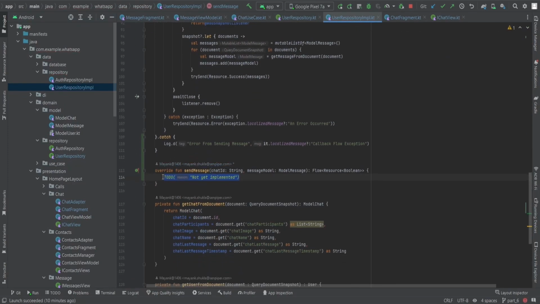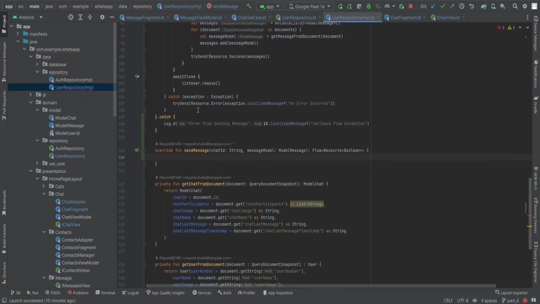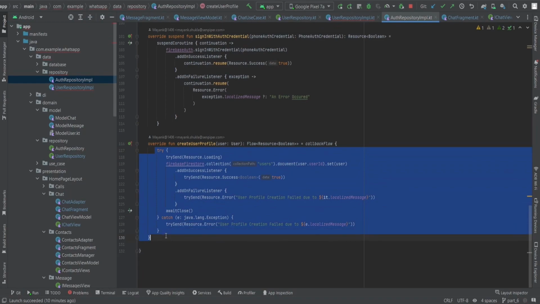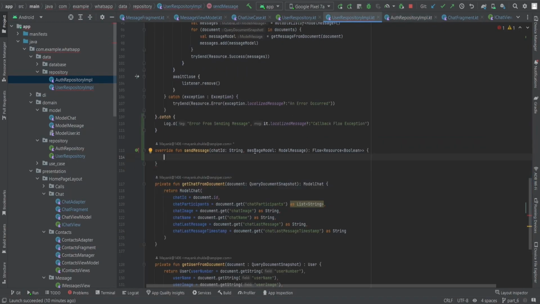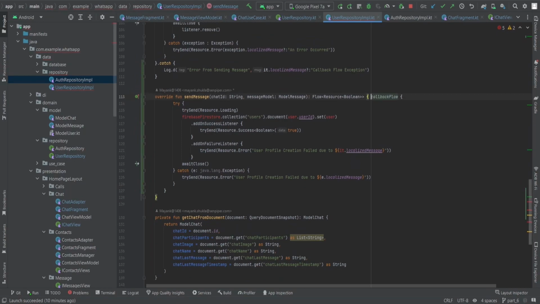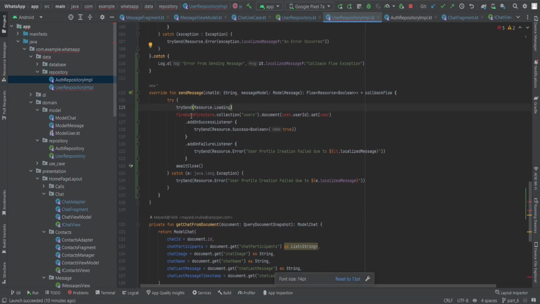Now open the user repository class and implement this member function. How are we going to implement this? I'm going to use the auth repository implementation and simply copy this, nothing else, because we're going to do exactly like this. Simply like this: try, send Resource.Loading.